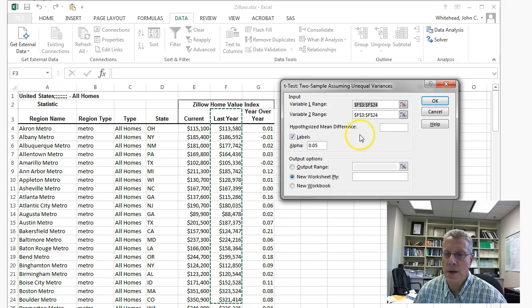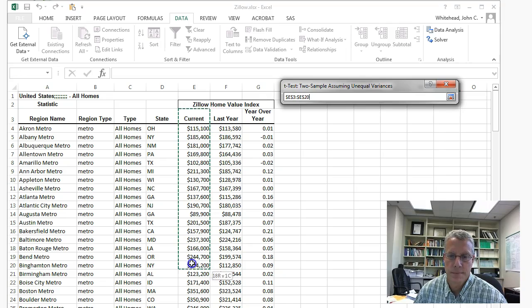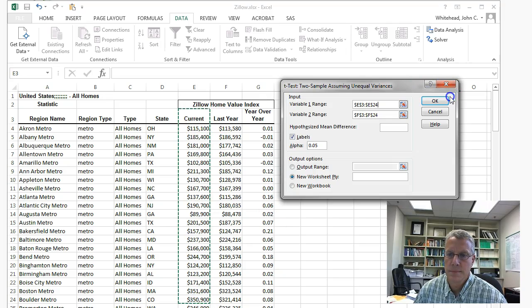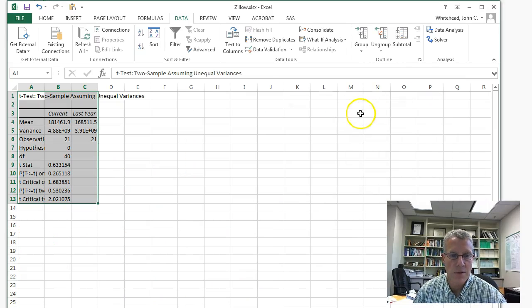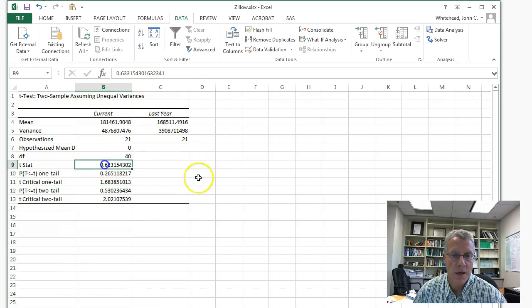Okay, so F to F, oh. So there we have column E and column F instead of column F and column F. Click OK, and the t-stat we get